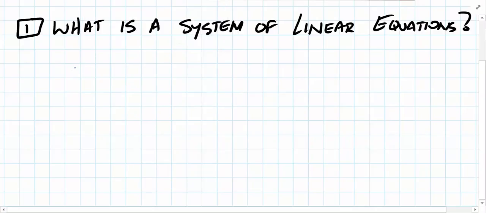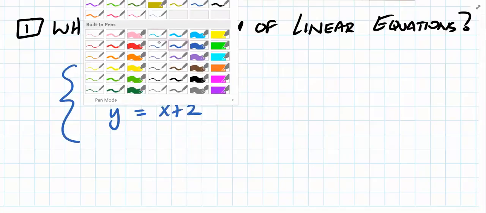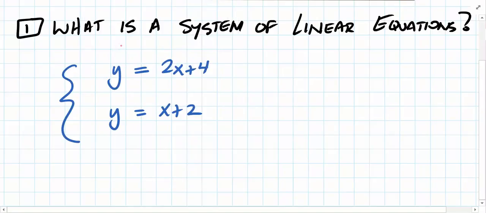So, a system is generally denoted with these little brackets here, but sometimes the book doesn't use them. Here's an example of a system of linear equations. Y equals 2x plus 4. And here's another one: y equals x plus 2. The definition for us is that a system of linear equations is just two or more, because you could have 3 or 4 or 5, but we're usually going to deal with two. Two or more equations